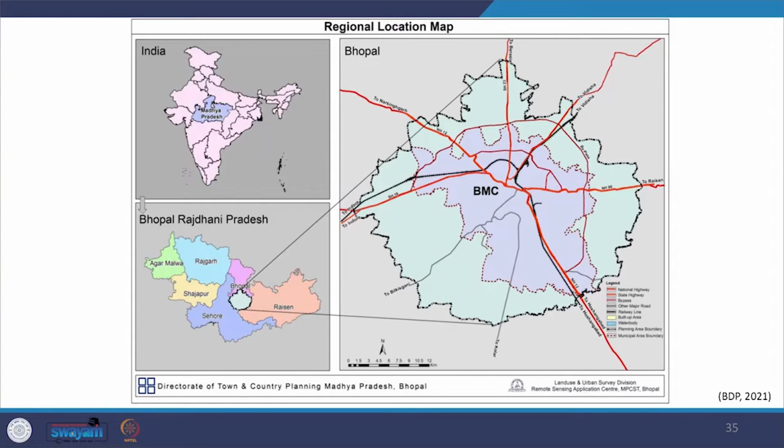The document indicates that Bhopal plays a dominant role in the Bhopal capital region, which comprises the districts of Bhopal, Rajgarh, Sihor, Raisen, Shahjahanpur and Agar Malwa. The city is surrounded by a network of market towns of Barasia, Vidisha, Raisen, Obaidullaganj and Sihor.